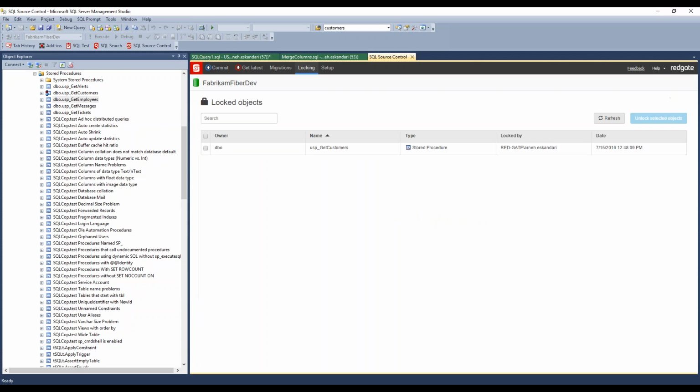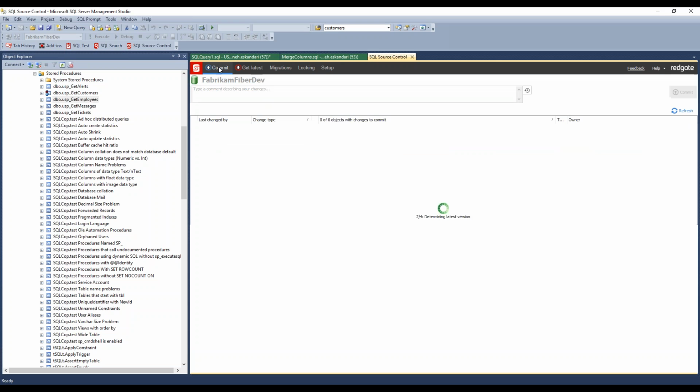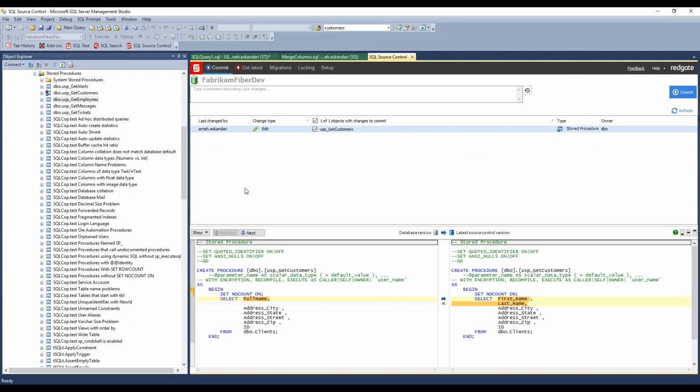And then when you visit the locking tab here, it will show you what objects have been locked by which developer, which user, and when. But you have the option to unlock any objects regardless of who locked them, so it's more of a communication tool than anything else. So I'm going to go back here and commit the fix that I put in for